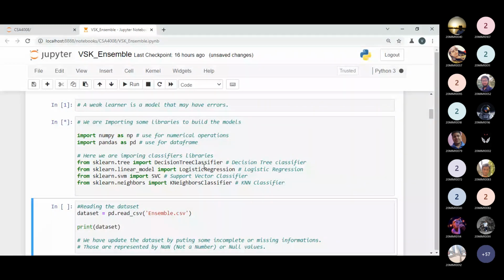We have the data in CSV format, so our CSV data will be transformed into a data frame. Why? Because the Python library functions are applicable on the data frame only. So we have to transform our data set into a data frame, because any operations or functions are performed on the data frame.